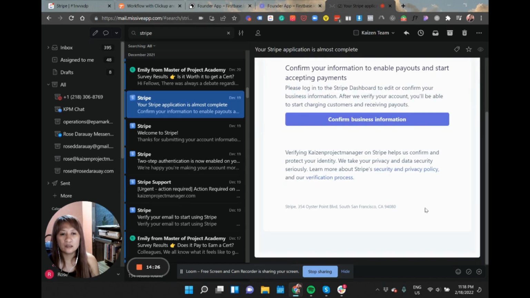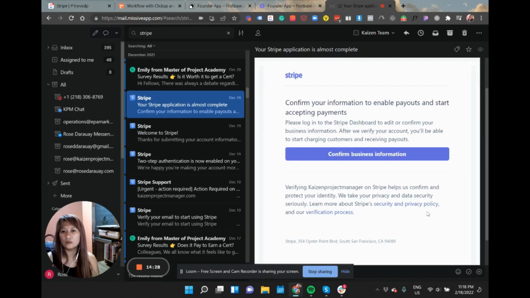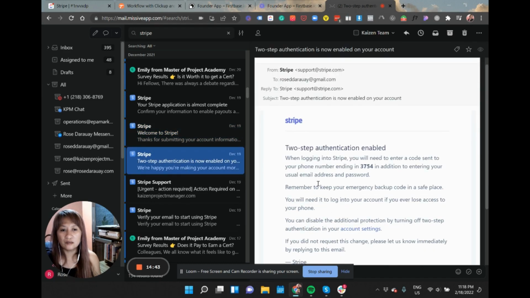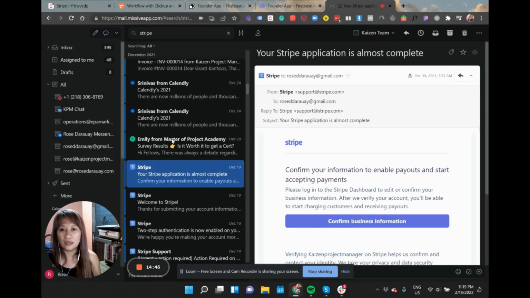Okay, so as you can see, this is what you're going to receive once na your account has been approved. So, ito lang yung mga marireceive ninyo na emails from Stripe. Okay? So, with that being said,